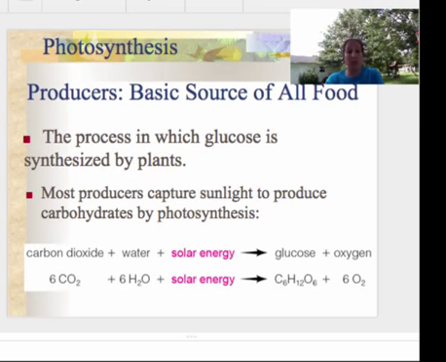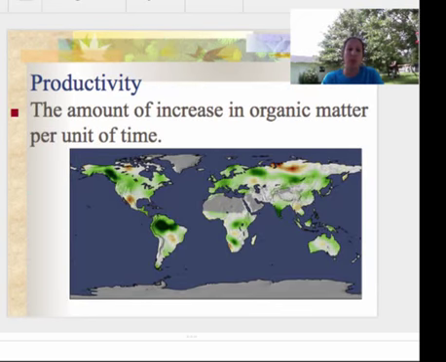Remember, for photosynthesis, you don't need to know that much. It's not as detailed as AP Biology. It's simply carbon dioxide plus water and solar energy yielding glucose and oxygen, so you need to know the processes and your inputs and outputs. Same with cellular respiration. We talked about GPP and NPP, which is the amount of energy captured in organic matter per unit of time.